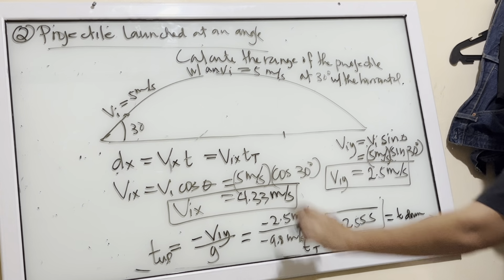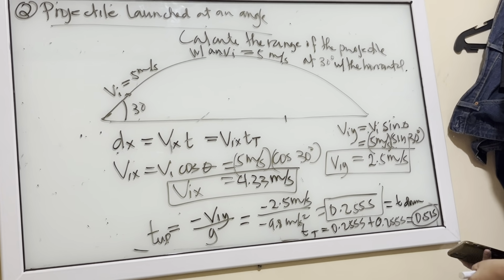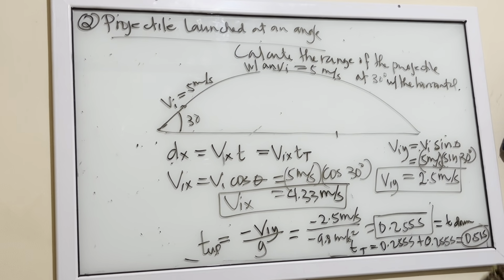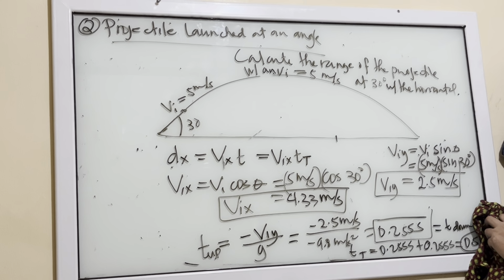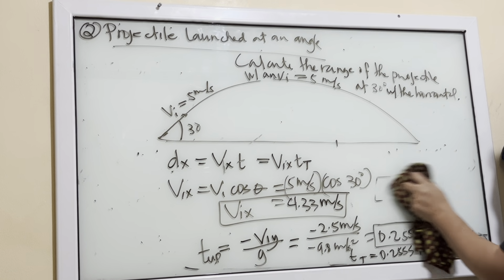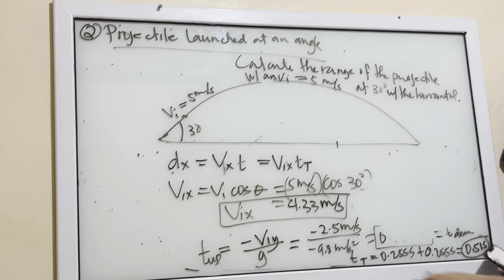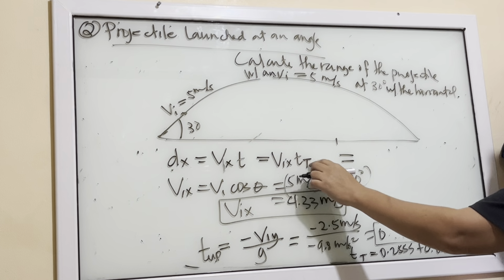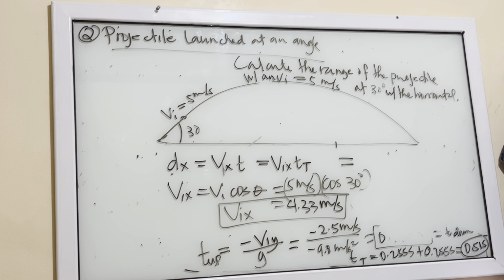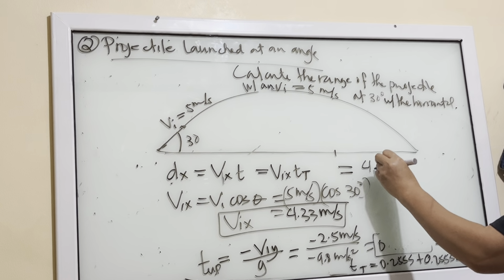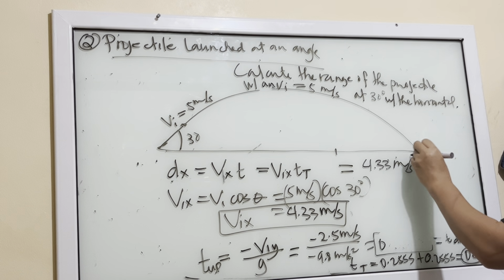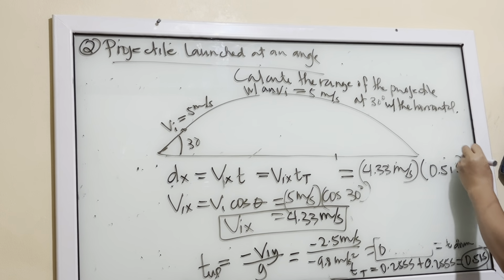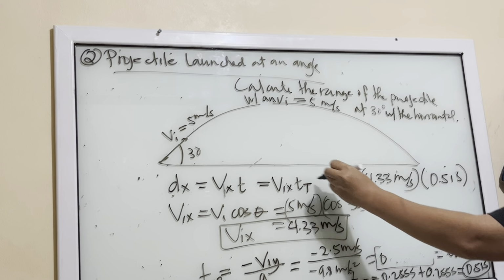Now, we are ready to solve for your range. Okay. Purahin ko na to ha. Okay. So, screenshot ninyo and then, purahin ko na kasi your VIX, ito, part na to. So, let us continue. Okay. So, nakita ninyo class, o isa-isa ko yan. I-solve ko yung VIX and then yung total time of flight. So, your VIX now is 4.33 meters per second times the total time of flight, which is 0.51 seconds, which is equal to